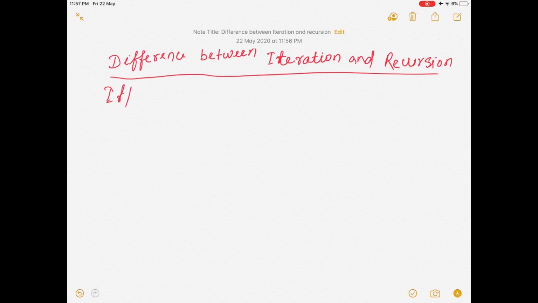Let's see iteration. Iteration is basically we go one by one. Basically we are counting, and that means we are using a loop. And that's how we solve the problem.